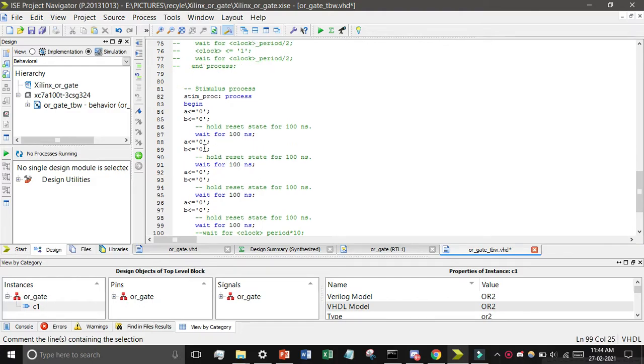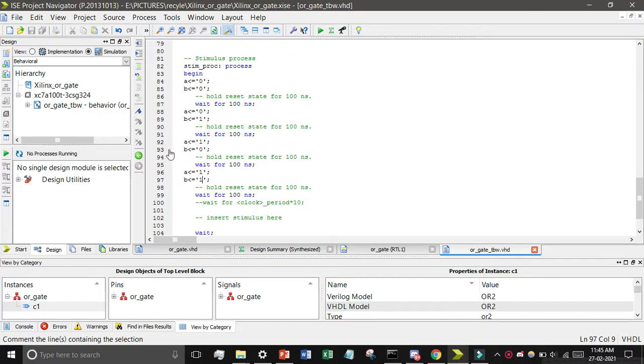Now we will change the values: it is 0 0, then I will make it 0 1, next 1 0, and then 1 1. Now press Ctrl+S to save it.